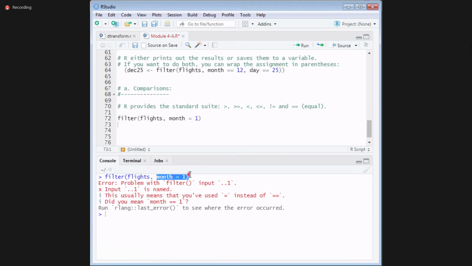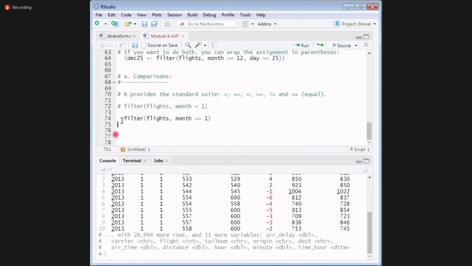You can't change the data. Month equal to 1 means you're trying to update it to 1. It is telling you it is wrong. Do you mean this? So instead of this, if I use double equal to, it will work. Yes or no? But do you think using double equal to is recommendable? Okay, there is a small problem with double equal to. What is that? I'll tell you.